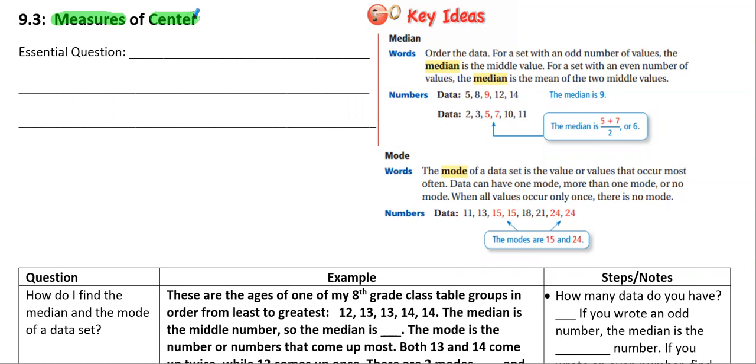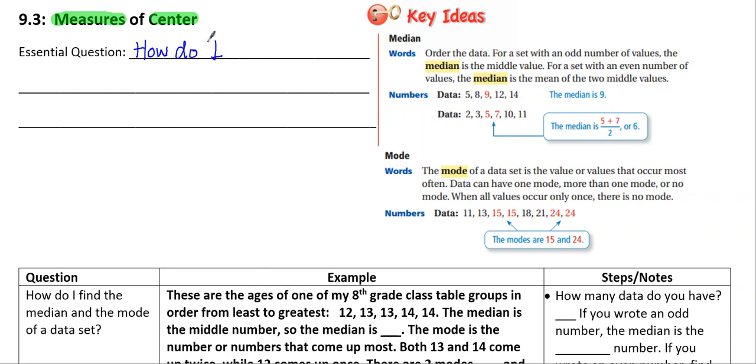We often talk about how we should think about what words mean to help us remember them. So, measures of center. We're talking about statistics. We're going to have data sets. So maybe measures of center have something to do with trying to find a number that describes a data set. It's like a central number in a data set. So the central question is,